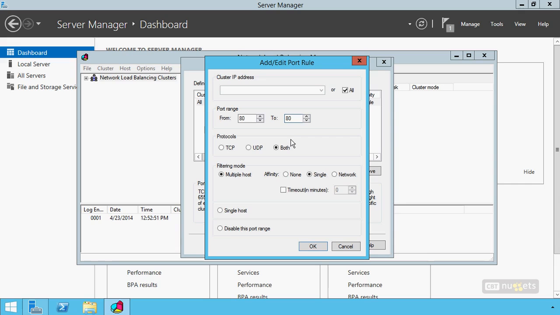I mentioned earlier that you can actually use this cluster to create multiple different cluster IP addresses and associate them